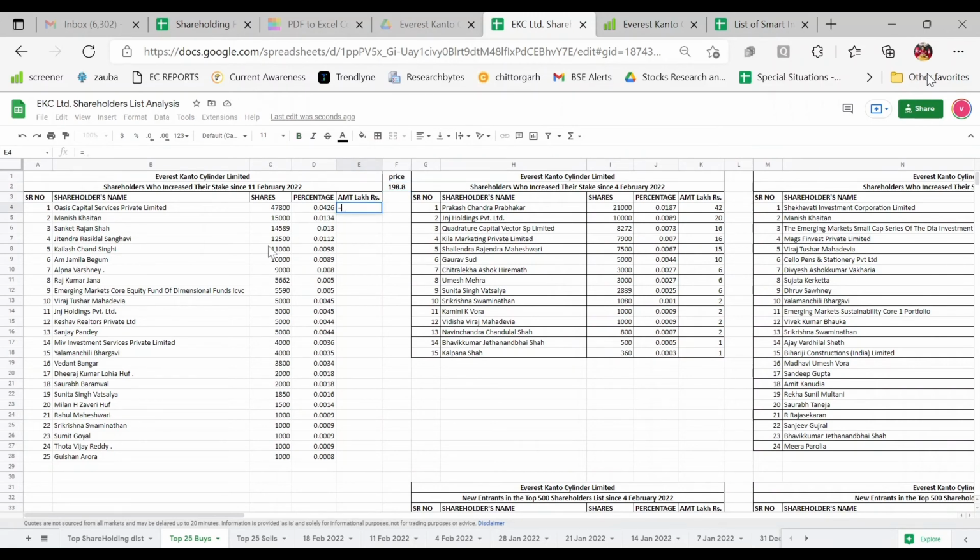I'll just multiply the number of shares by the price and divide it by 1 lakh.